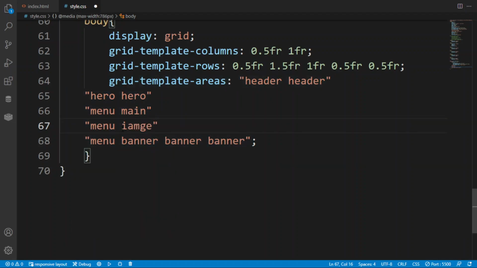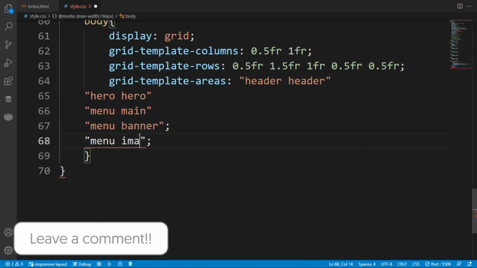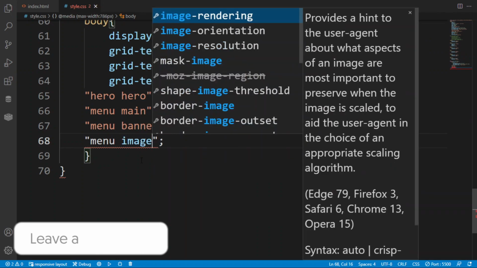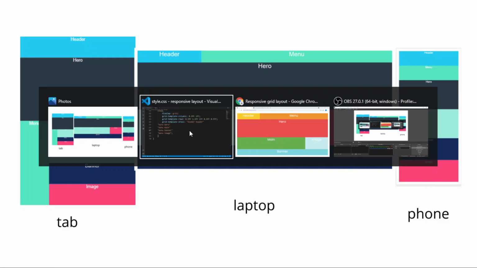Here in this we have to light the image, because menu will come in the 3 section. Sorry for that, I just cut this part. Here in this give banner, and after doubling it just give image. That is the basic layout that we are going to create.